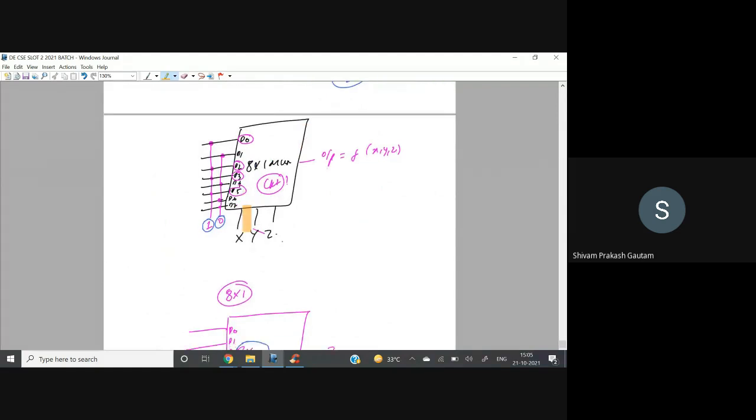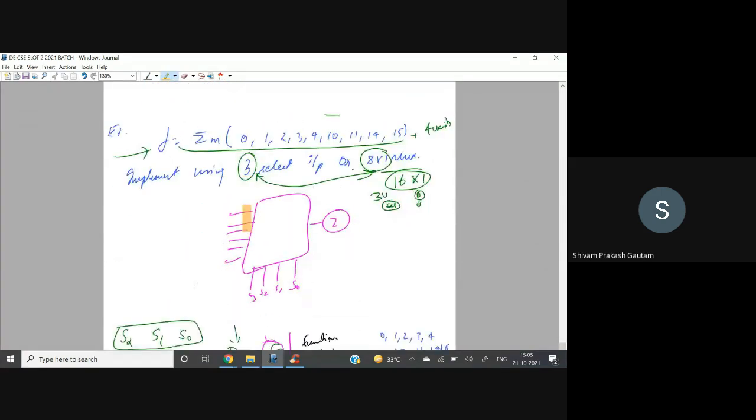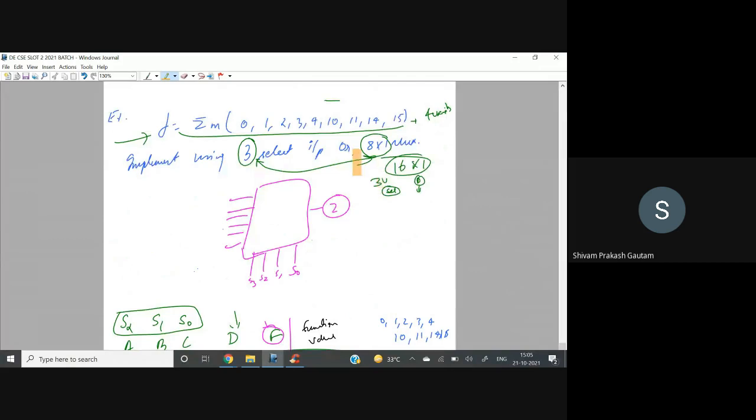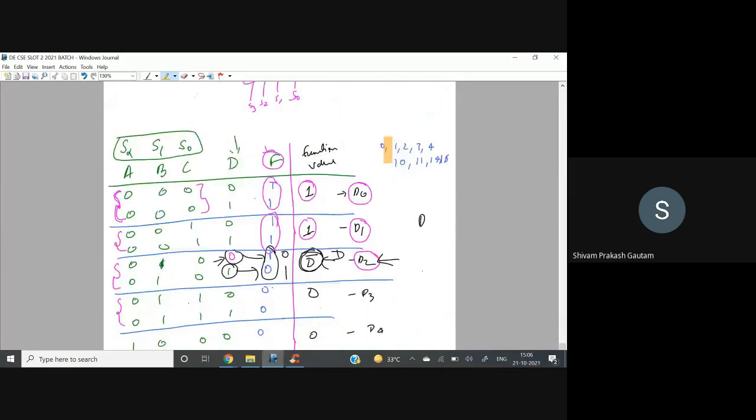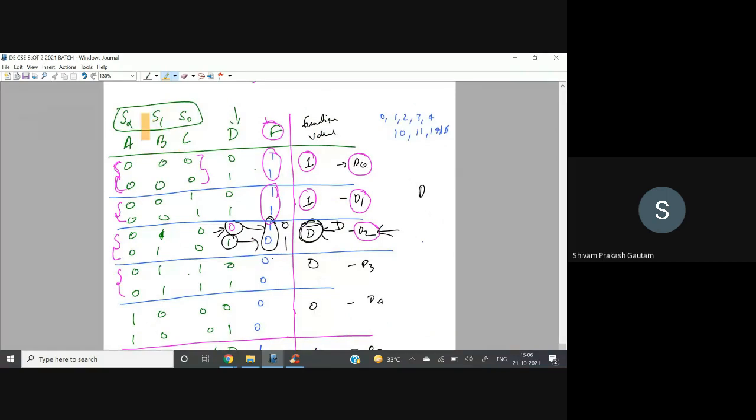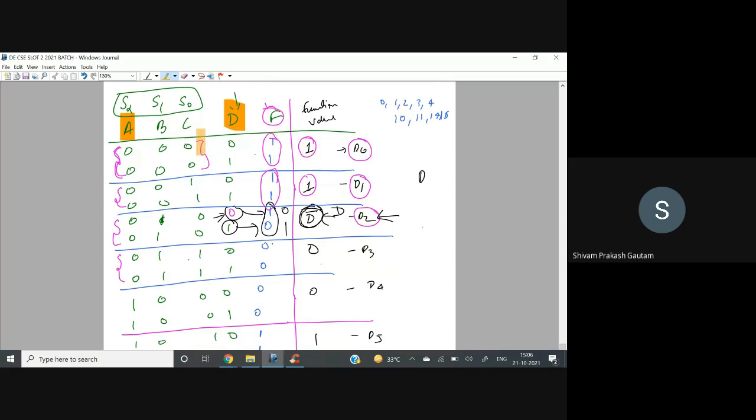The last example we have seen has 4 variables, but we want to implement it using an 8x1 multiplexer. Here we have taken 3 variables as select inputs and 1 variable as a floating variable. Here I have taken d as the float input. You can take this as homework: you can take a as the float input, divide the table, and then tell me how you can implement this.